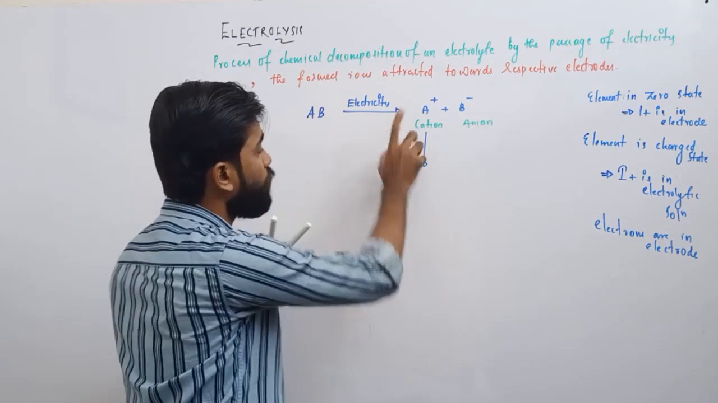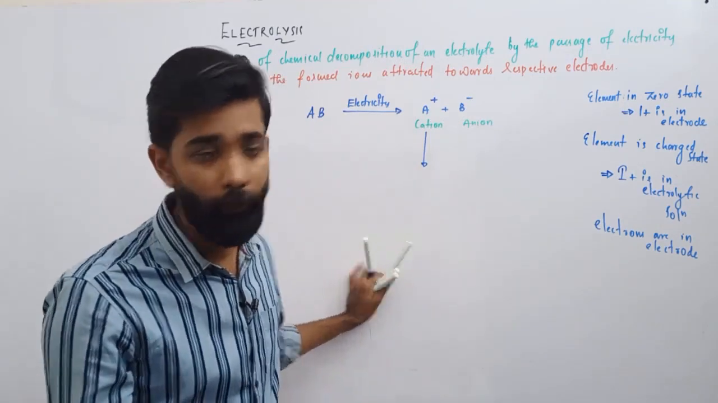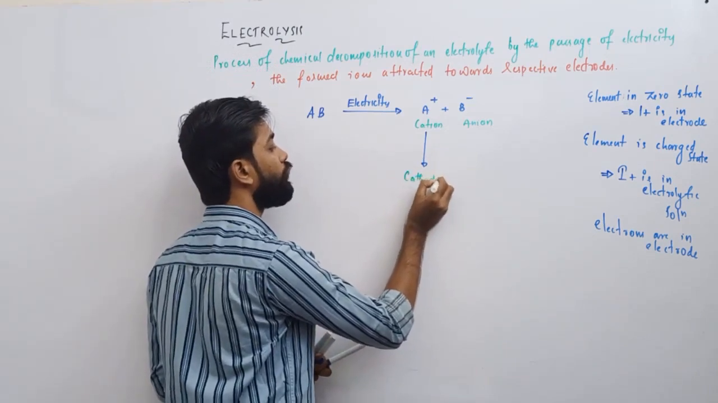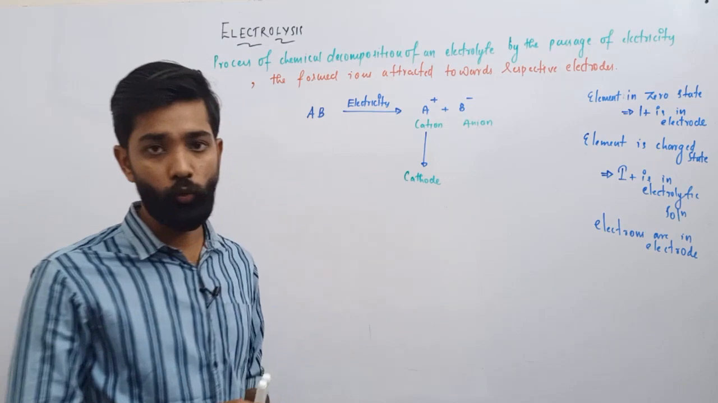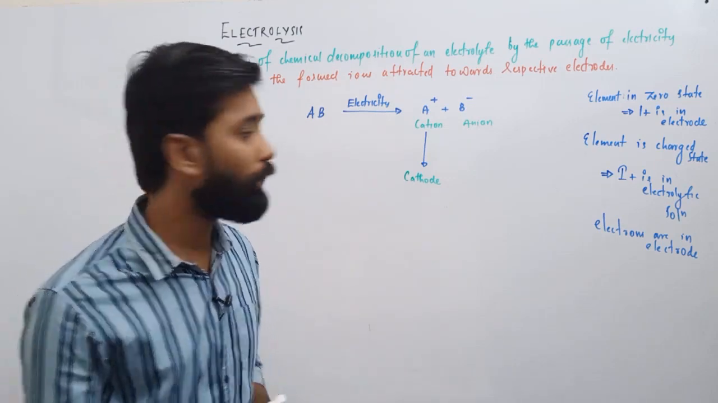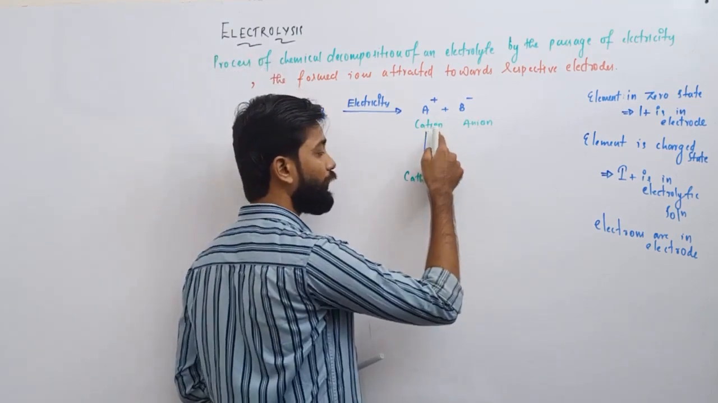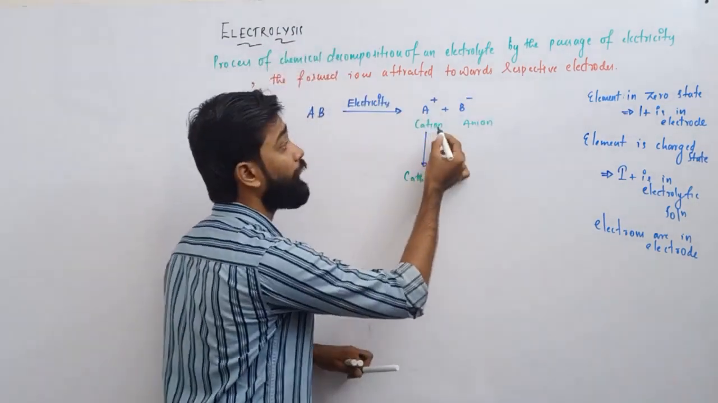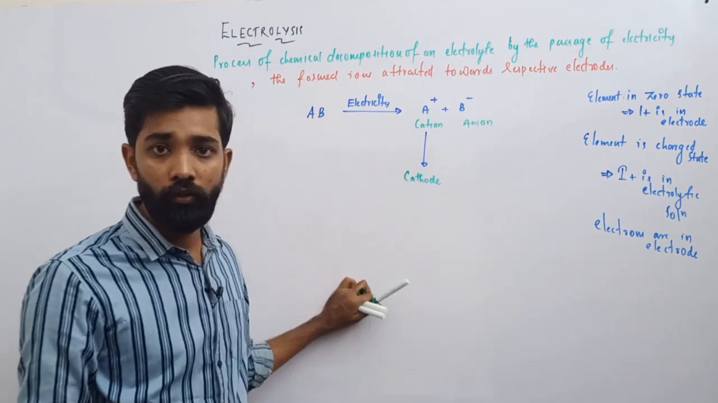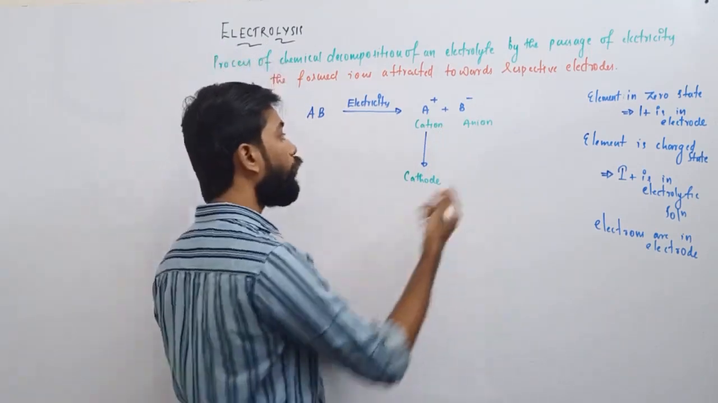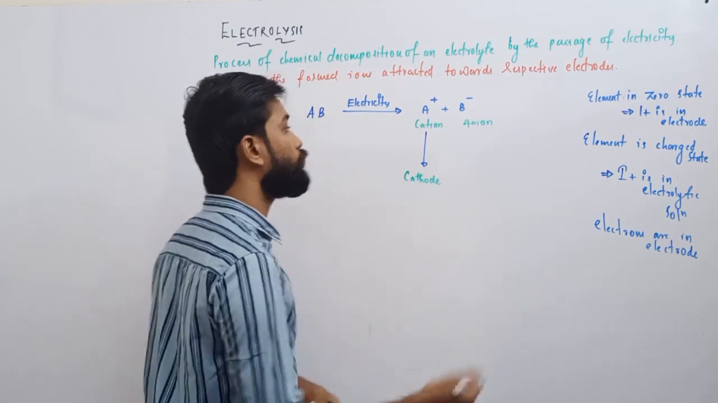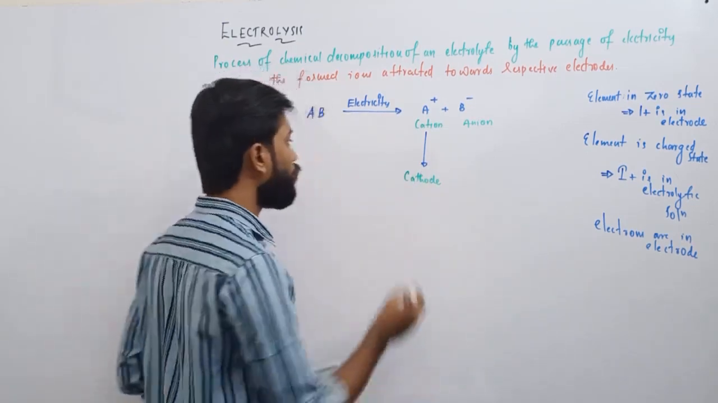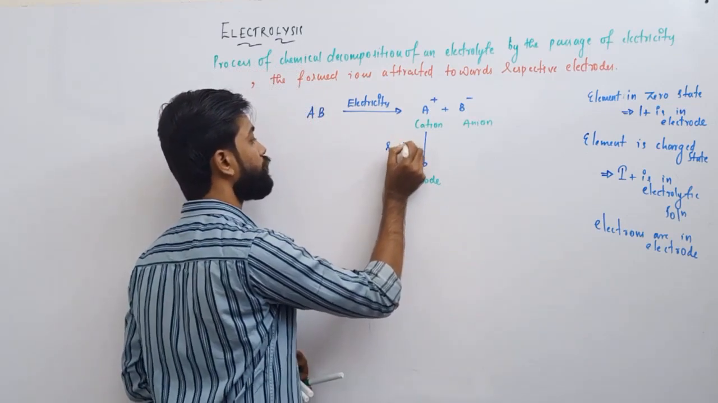So listen here, it forms A plus and B minus. Ready? Now, the A plus, which is a cation, is attracted towards the cathode. I think you're familiar with that. The cation should be attracted towards the cathode. How does the cation get deposited at the cathode? By oxidation or reduction? No doubt, it is through reduction, right? Because